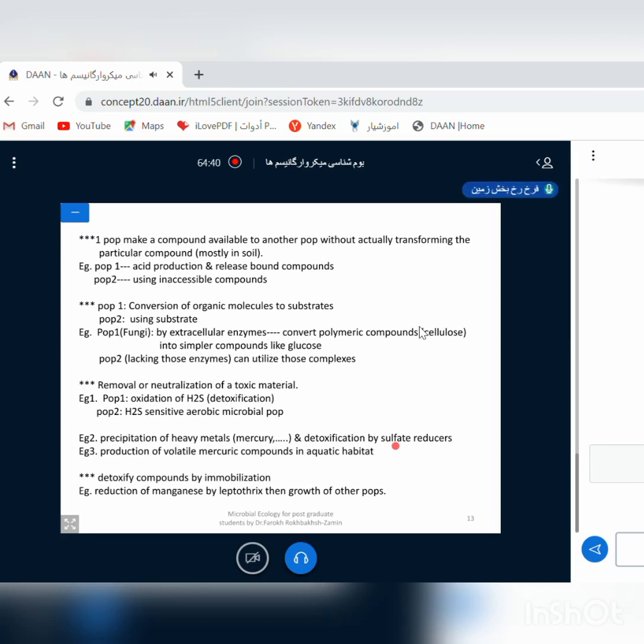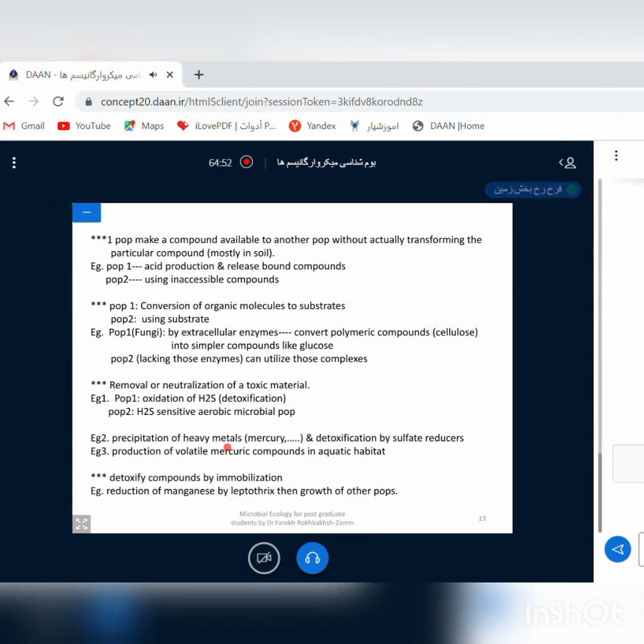If the other populations are present or absent, this population does precipitation of heavy metals. So their interactions are zero. They are unaffected. But the other populations, during the detoxification, are very happy to be with this population. Or production of volatile mercury compounds in aquatic